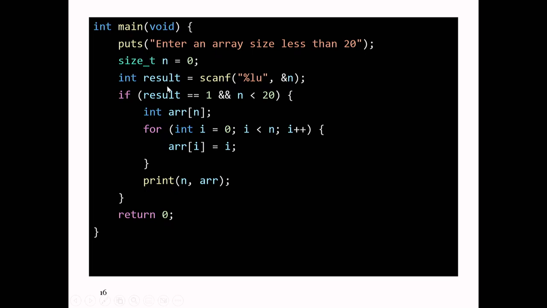Result is the number of values that scanf was able to successfully convert. So there's one conversion here, and so at most scanf returns 1. It can return 0 if the thing you typed in was not an integer value. So scanf returns the number of successfully stored values. So if the result is 1, meaning the user actually typed in an integer value, and the value of n is